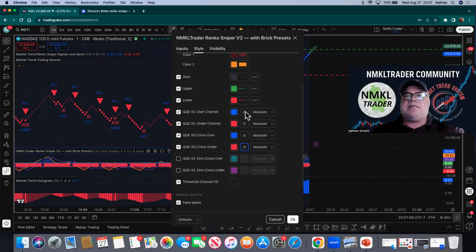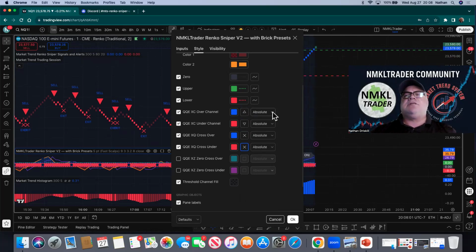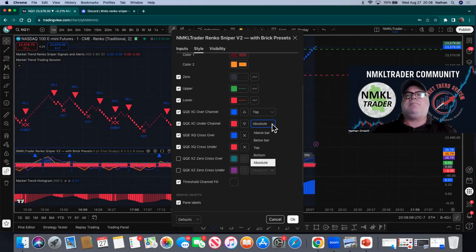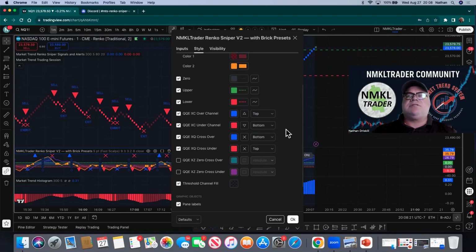Now, the last thing, and the reason I told you to pay attention to this, is because what I'm going to do here is change where these things are at on the actual sniper. Okay, so that was top. This one's bottom. Now this one is going to be bottom, and this one's going to be top. Okay, that's why I didn't want to confuse you. I wanted you to see that. All right,